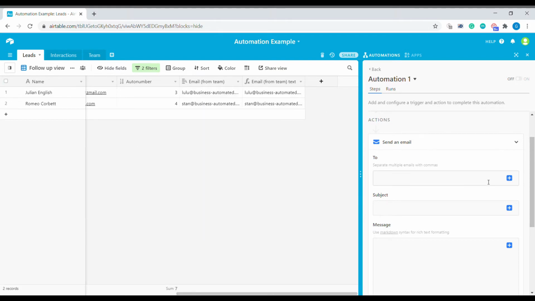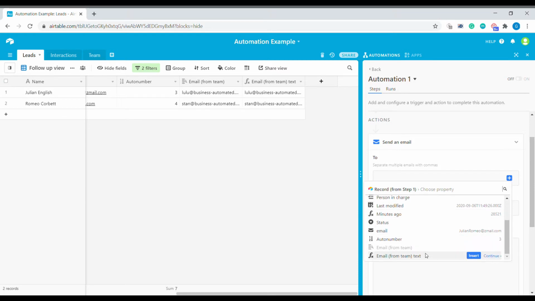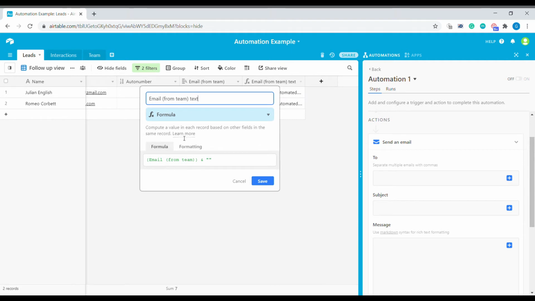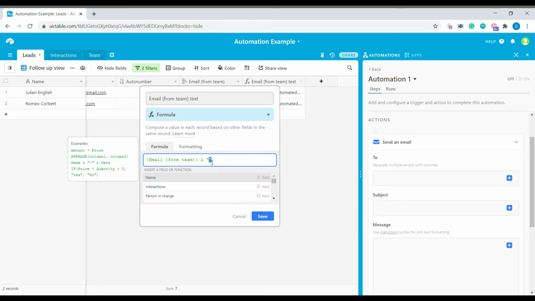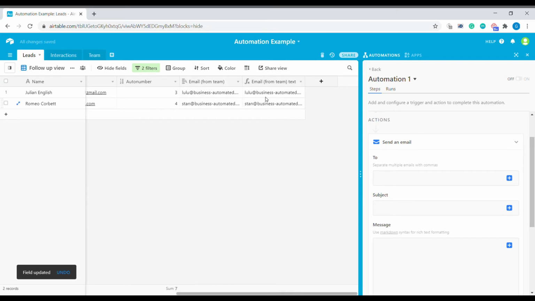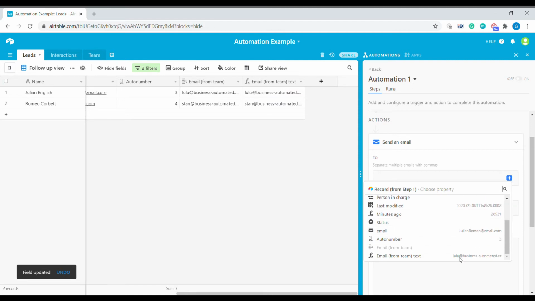Unfortunately, due to the construction of Airtable automation, it's not possible to use that field. So we cannot use lookup field. So what we are doing, we are basically grabbing the email from that lookup field in additional fields here as a text. So we are converting this email, just basically typing the name of this column and empty string. So this helps to convert this from what it is as an array underneath into basically plain text. This way we can select that particular email from here.